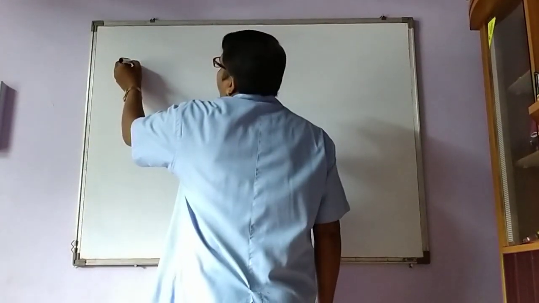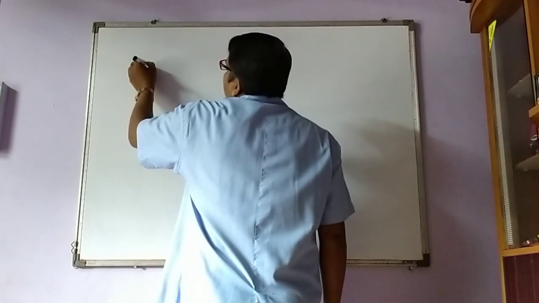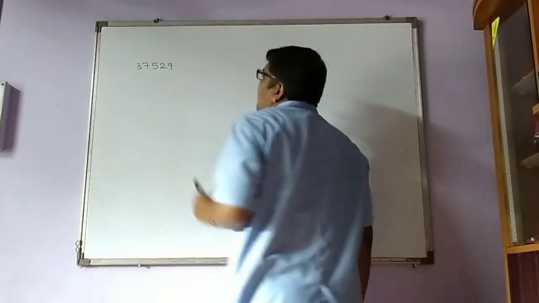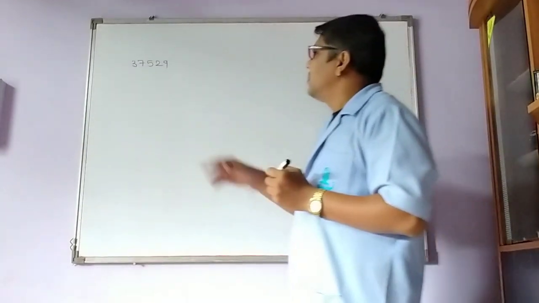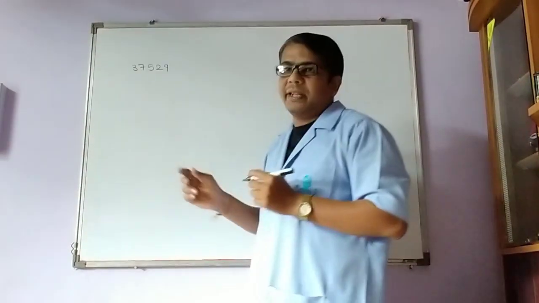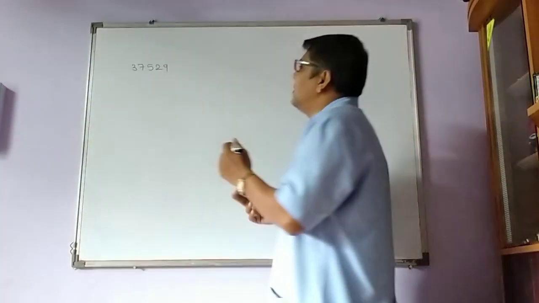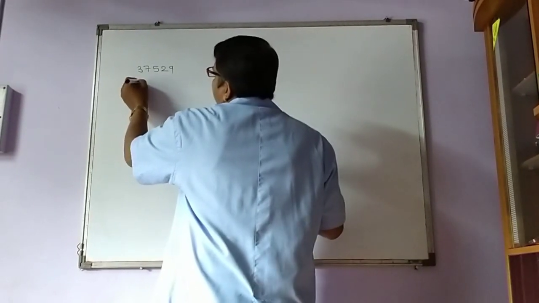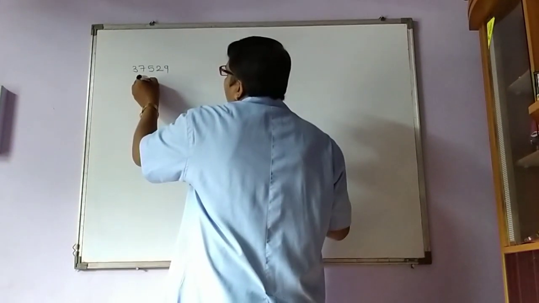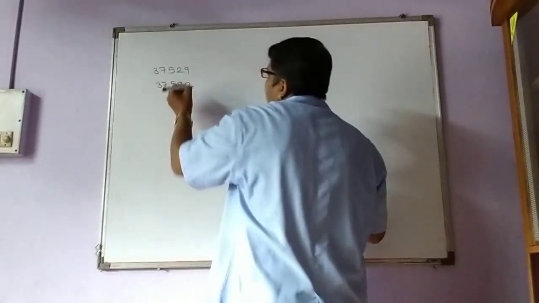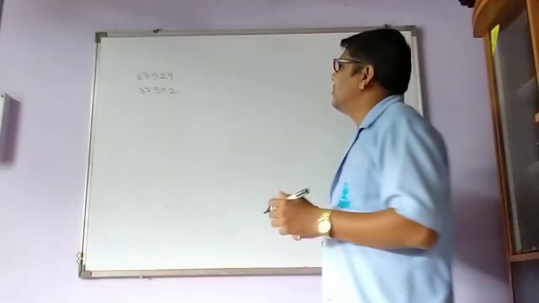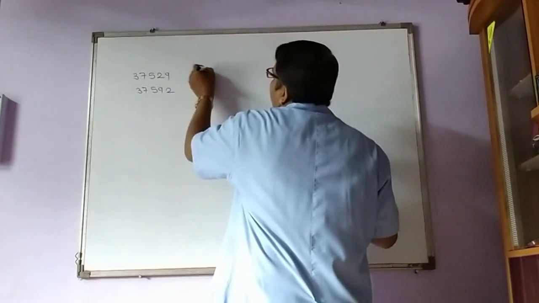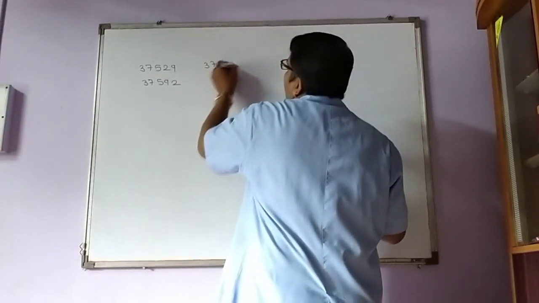For example, 37,529. Now, the digits in the units place and tens place are interchanged. So the number after interchanging is 37,592. Now, let us find the difference between the two. So, 37,592 minus